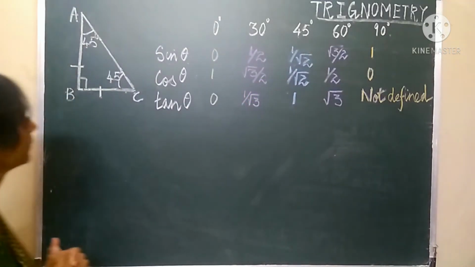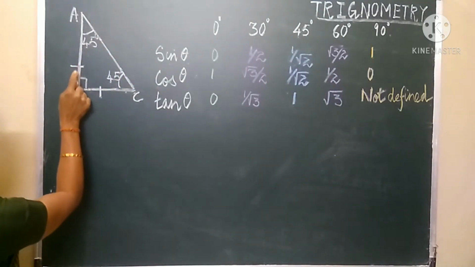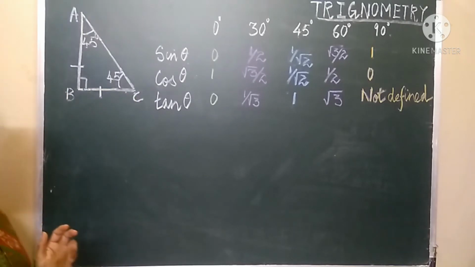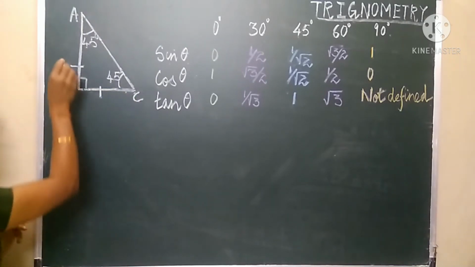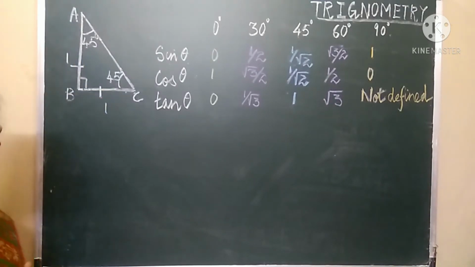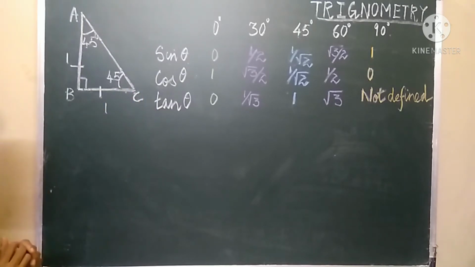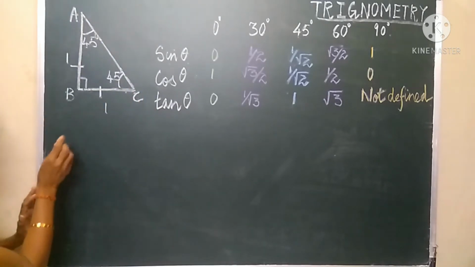We do not know the measurements of any sides, but still we have got the answers penned on the board. To understand that, we know when it's an isosceles right angle triangle, the measurement of the sides AB and BC are congruent. So let's assume that the ratio is 1:1. By using Pythagoras Theorem, what will be the value of AC, that is the hypotenuse? By applying Pythagoras Theorem,